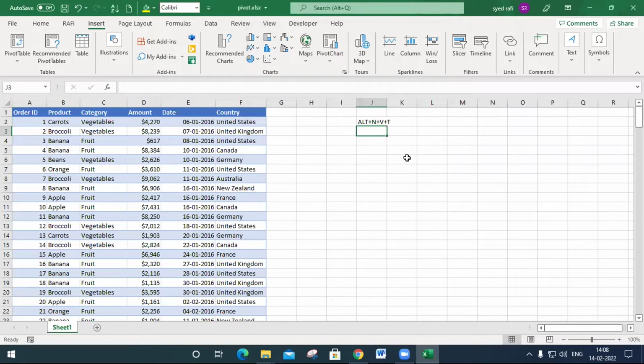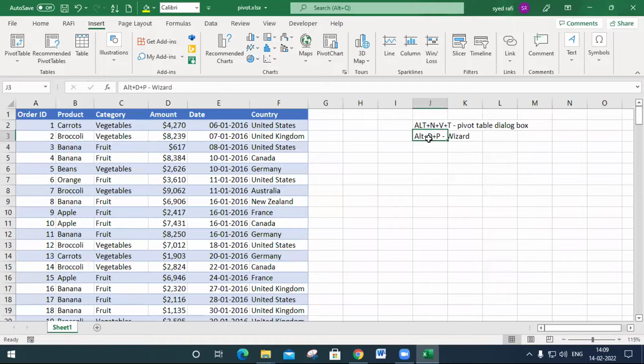I cancel this one and type Alt plus D plus P, and it opens the wizard directly. We will discuss the wizard after completing this one.